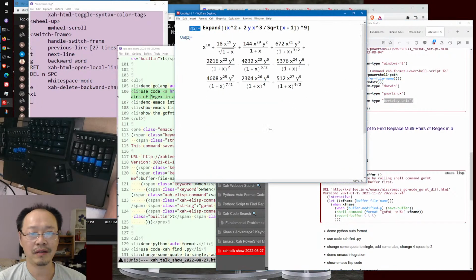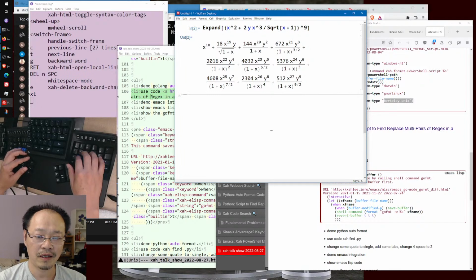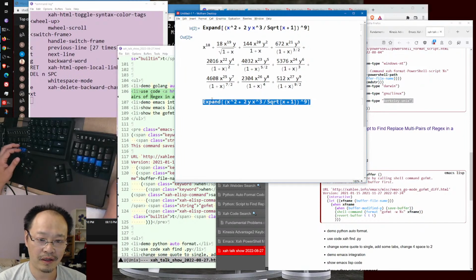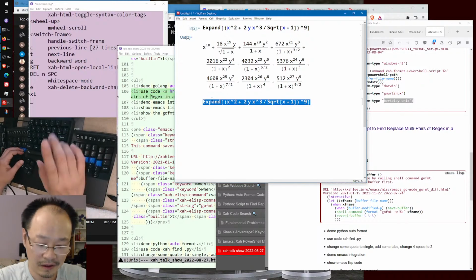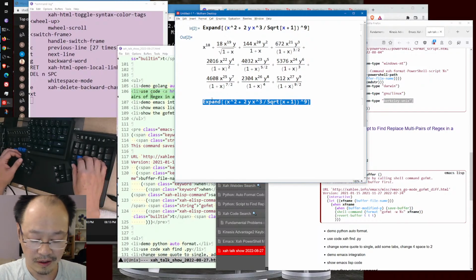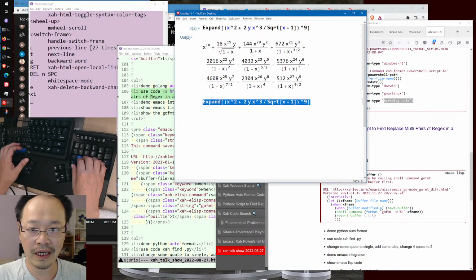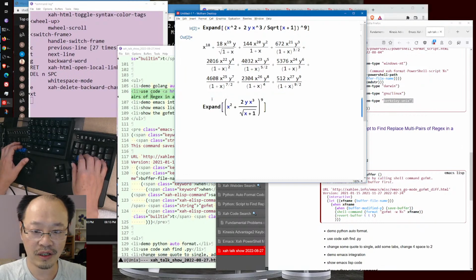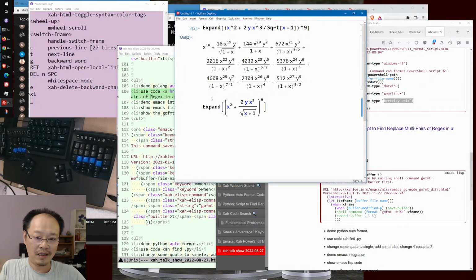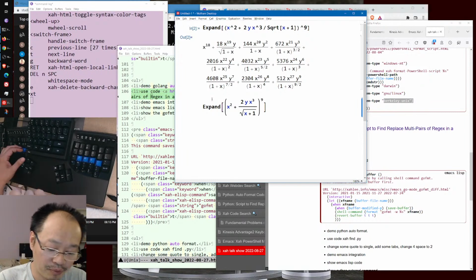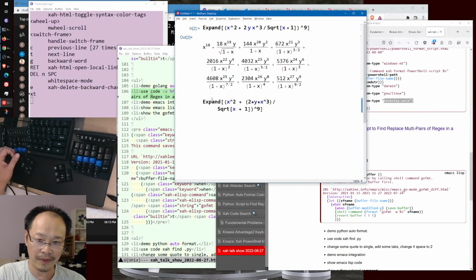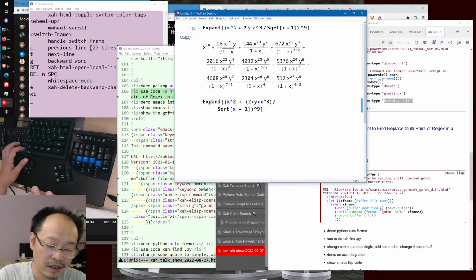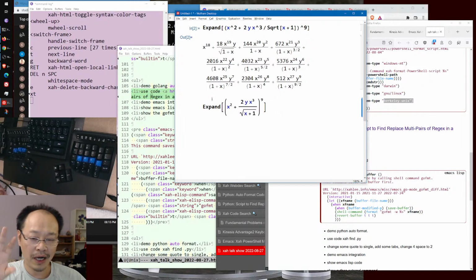And also let me demonstrate this. If you want to display this in another format, you can just press a key. So Control Shift N. There it is. Just press one single key, and press another key, Control Shift I, to return it to input format. So that's the power of